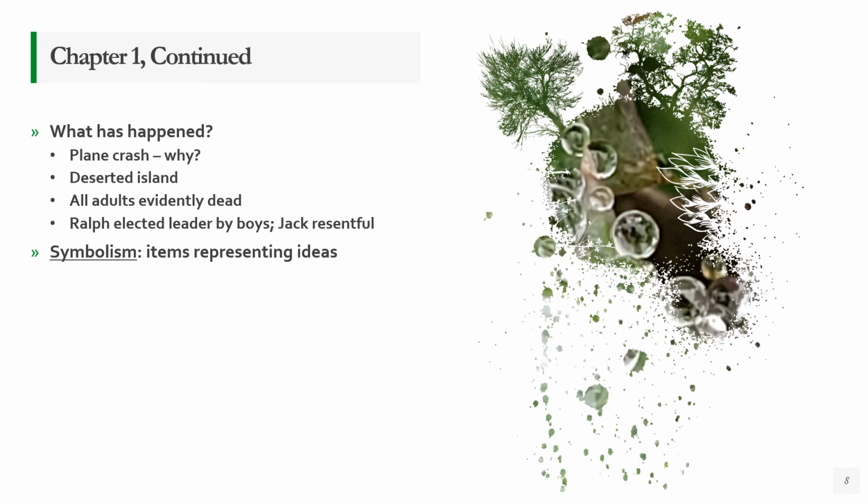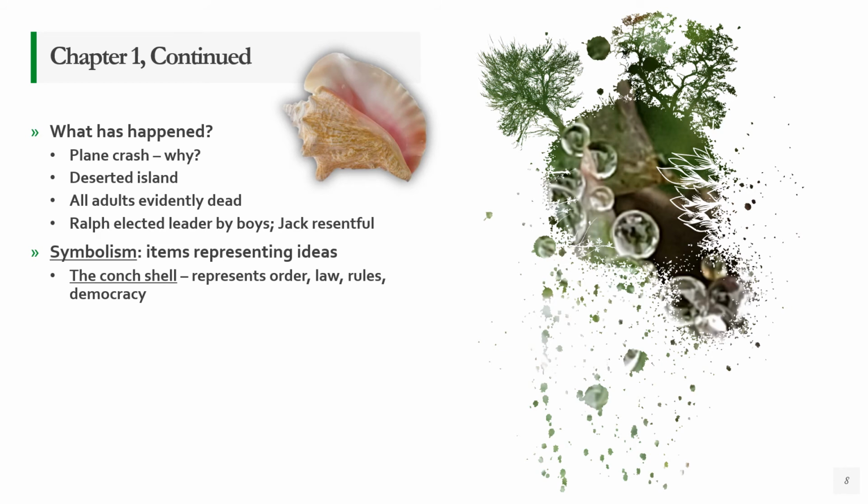Now, from this point forward, we have a few items here that are very symbolic. Okay, and when we talk about symbolism, this is another thing that comes into play with literary analysis. Okay, symbolism here refers to any items that represent an idea of some kind. Okay, and in this particular case, the only thing that we're told about so far that is symbolic is the conch shell, and this is a conch if you've never seen one. Okay, some people might have a relative or someone who has one of these on their mantle or something like that. My grandmother had one of these.